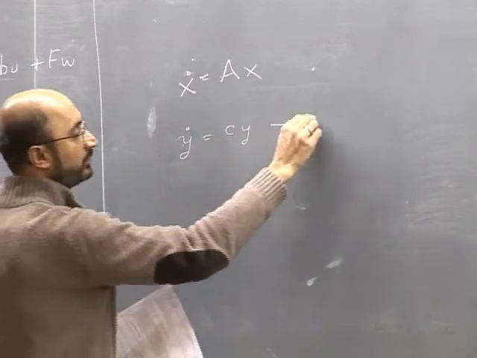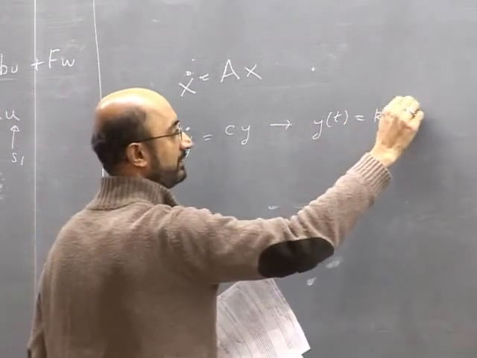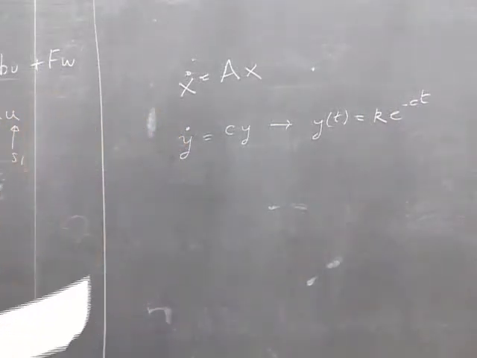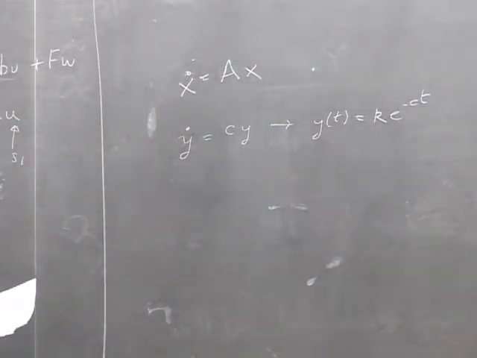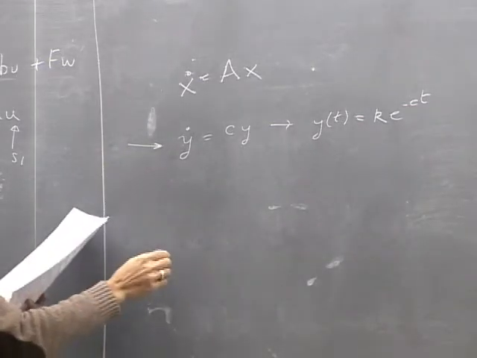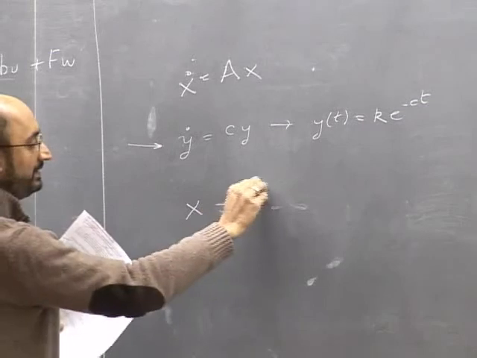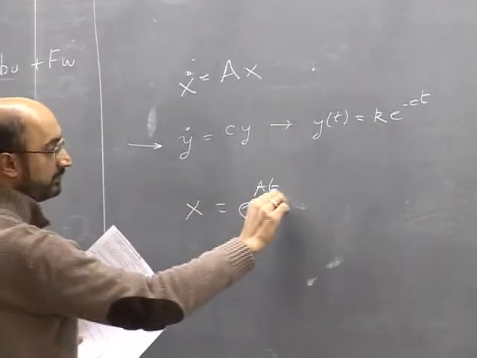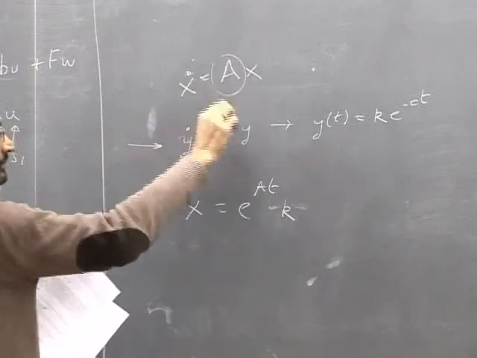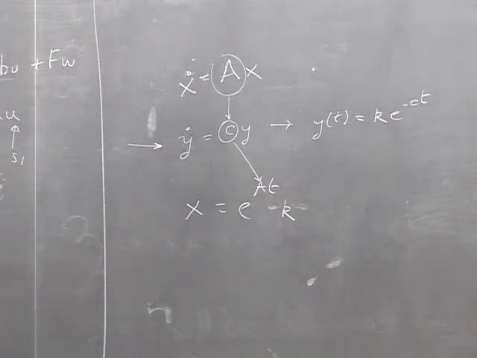Okay, this has a solution y(t) equals some constant k e to the minus ct. So by analogy to this scalar equation, we can predict that the equation is going to have solution x equals e to the at k. So what happens is that this a performs the role of this constant c, so it goes into the exponential like so. And e to the at is a matrix exponential, and it's a shorthand,